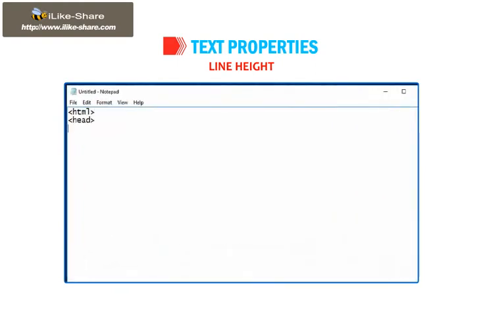HTML head title text properties /title. Style type equals to double quote text /CSS double quote close. Body bracket open color :blue semicolon text-decoration underline semicolon bracket close.